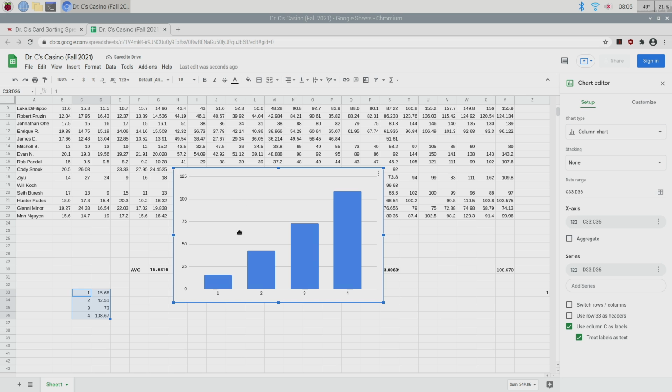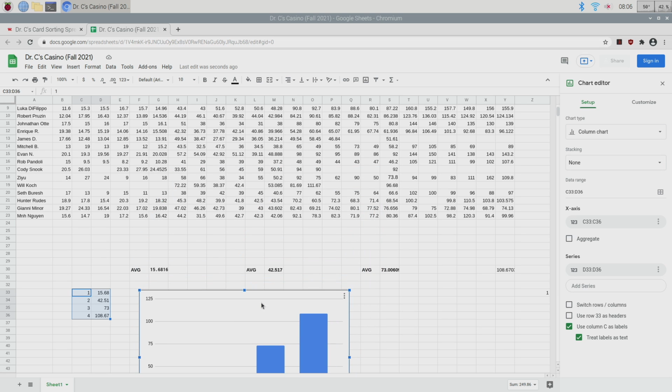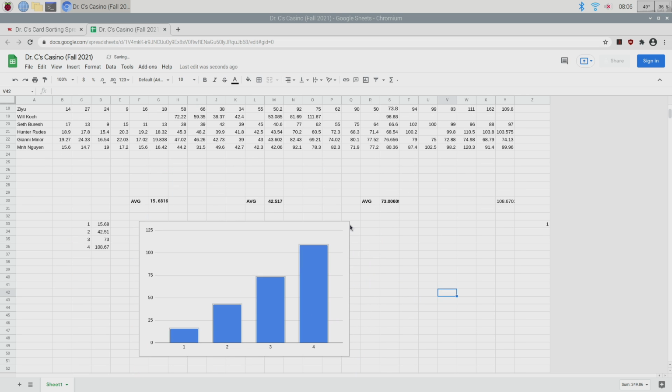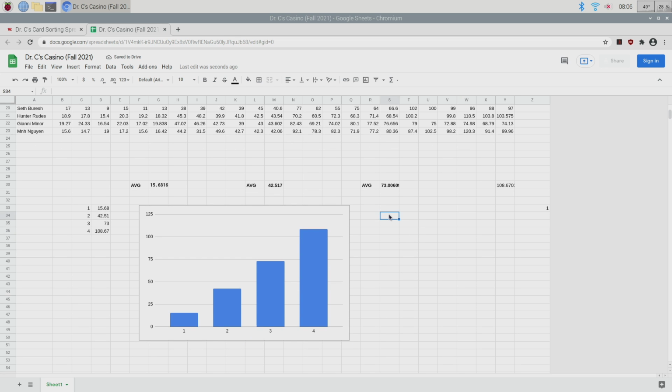Okay, so there we go. The chart's maybe not super illuminating, but the other thing I want to do is, how many of you have taken